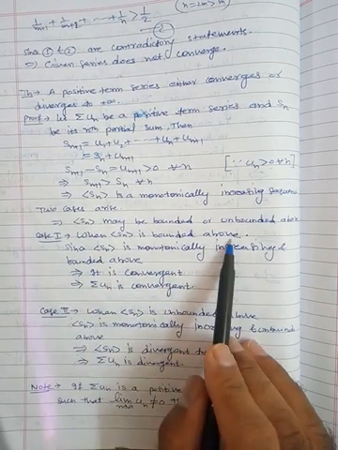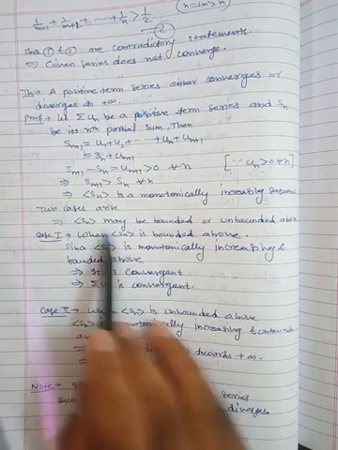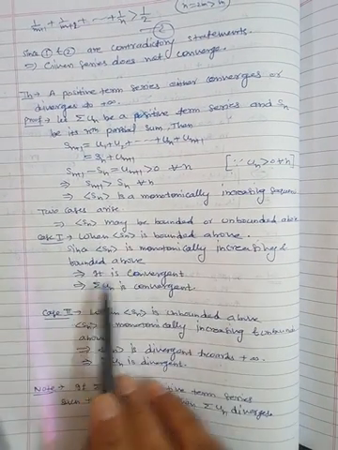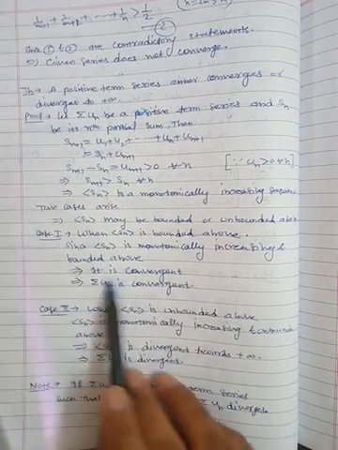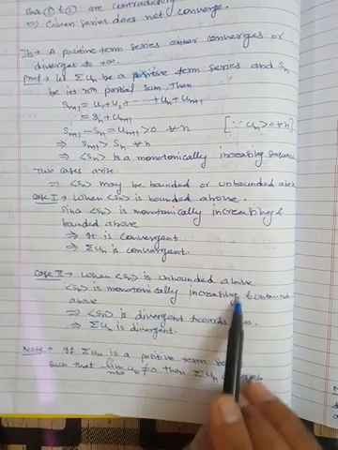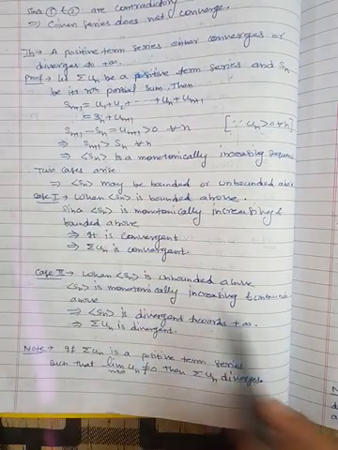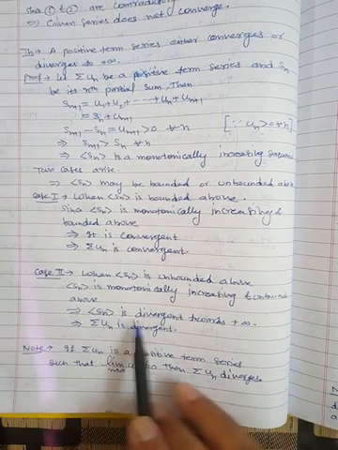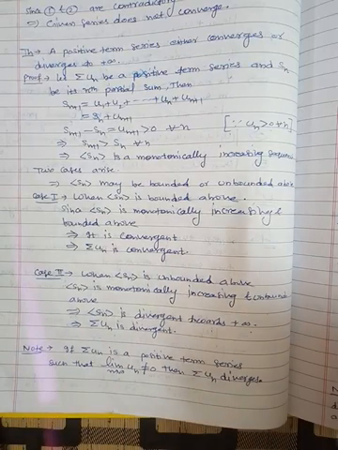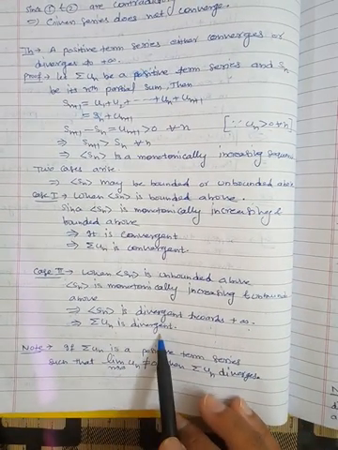Taking the first case, suppose the sequence is bounded above. Then we have already studied in sequences: if a sequence is monotonically increasing and bounded above, then the sequence converges. So since Sn is monotonically increasing and bounded above, it is a convergent sequence. And if the sequence converges, then the series is convergent. Now the second case, when Sn is unbounded above. The sequence is monotonically increasing here and unbounded above, so the sequence diverges to plus infinity. Because it keeps increasing but is not bounded, so it will go towards plus infinity. That's why un is divergent.